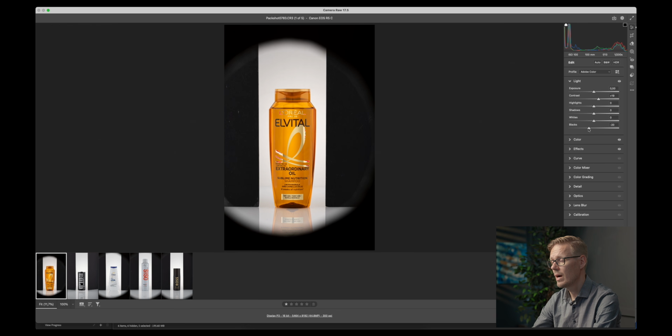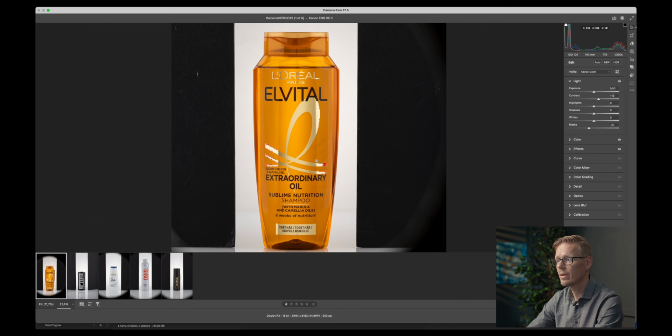Now I did add contrast and blacks, but for highlights, as you can see on the screen, I do have this highlight warning turned on. You see that when I increase contrast for the file, then highlights are also going higher, and therefore I need to reduce highlights a little bit. So I will usually go down to 15 or 20, something like that. So this is almost there, and I